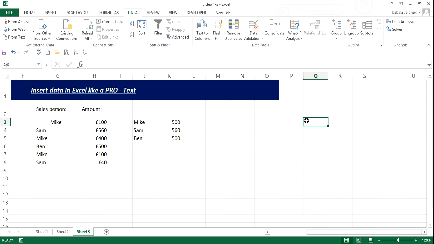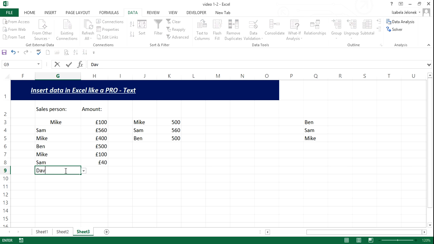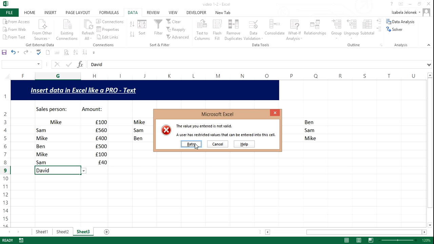So now we just need to add those names. So it is Ben and Sam, and I'm making sure I'm not making any mistakes right now, and Mike. So as you can see here, we've got the drop-downs, and these are the three names we can choose from. So if we want to add David now, this is not going to happen. We get this message,